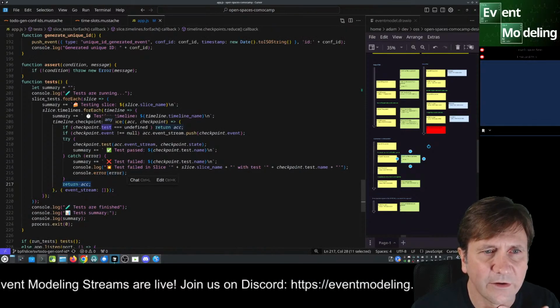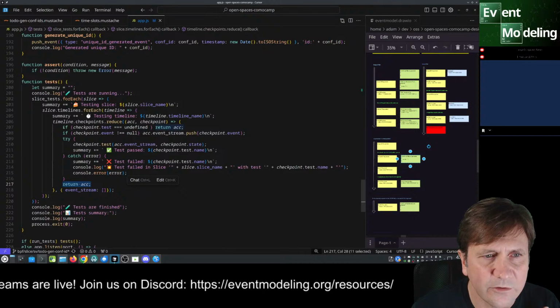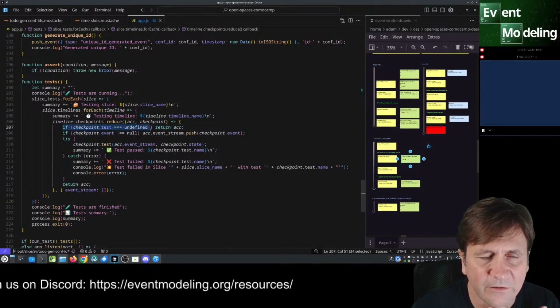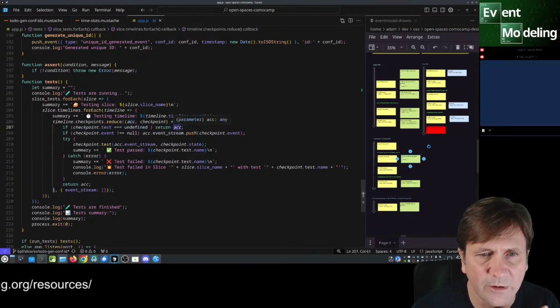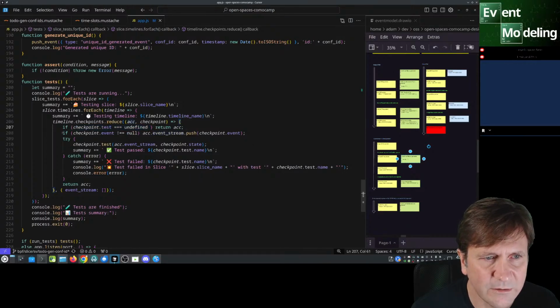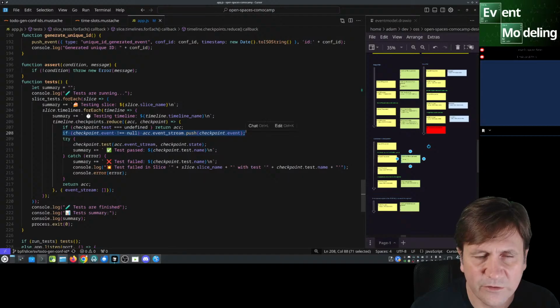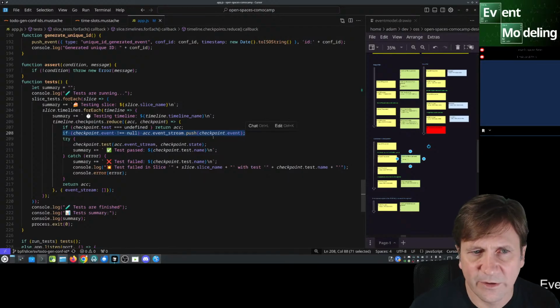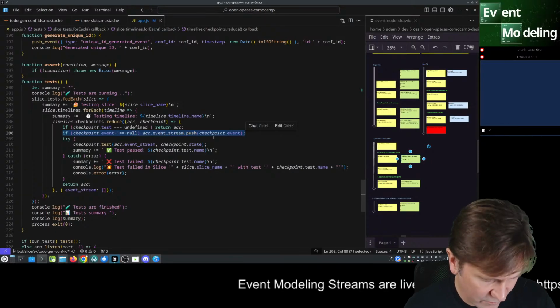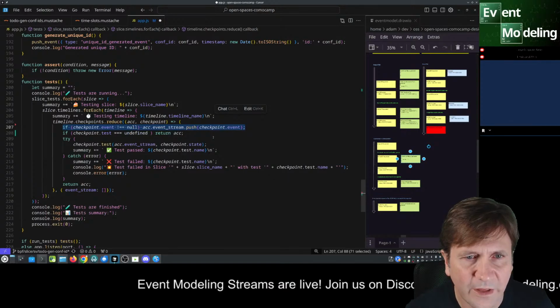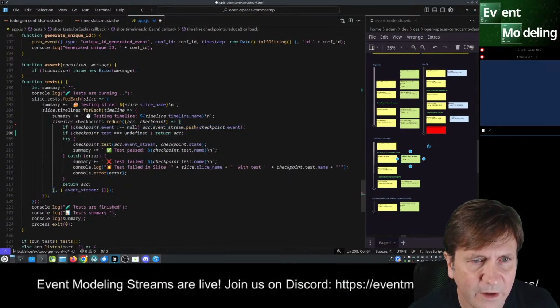But at the very beginning, first we check if there's no test. We return the accumulator. Actually, this is wrong, because I see an error here right away. We need to, first of all, if there is an event, we need to store that in the accumulator. Whatever happens next, this is a given. So we need to move that up. That has to happen first.